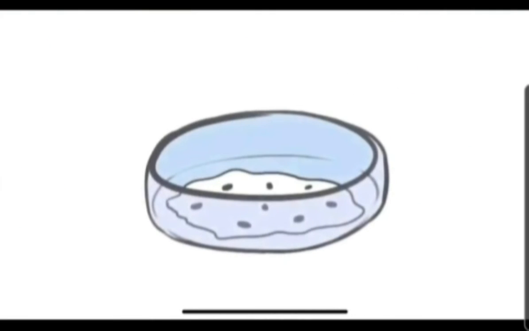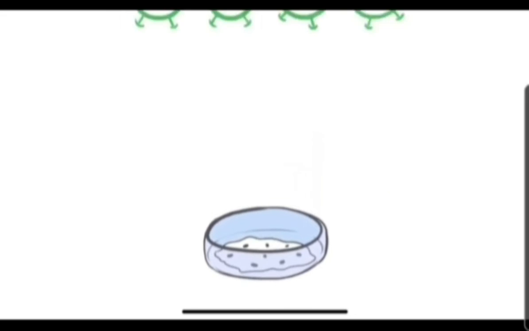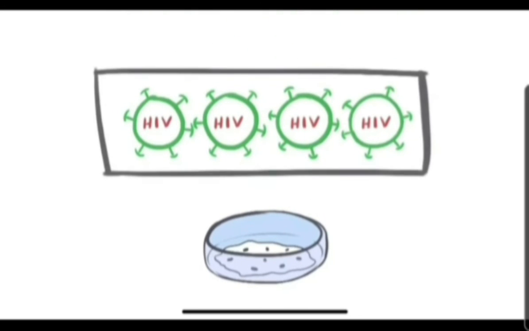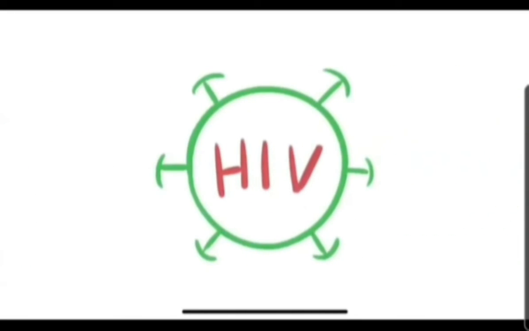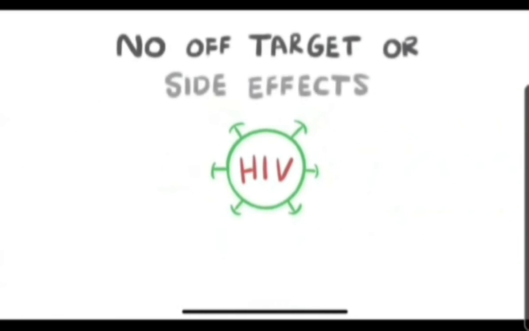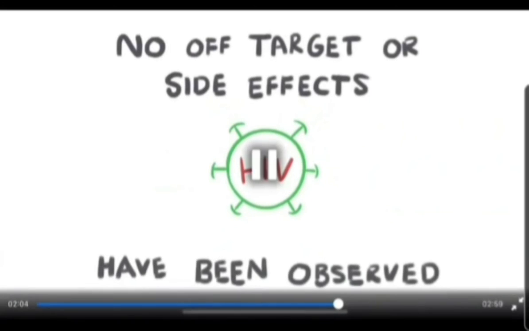This technology has been comprehensively characterized in human cells cultured in the lab and results in potent virus suppression that is also resistant to agents that try to reactivate the virus. Importantly, as the RNA sequence is only found in HIV, no off-target or side